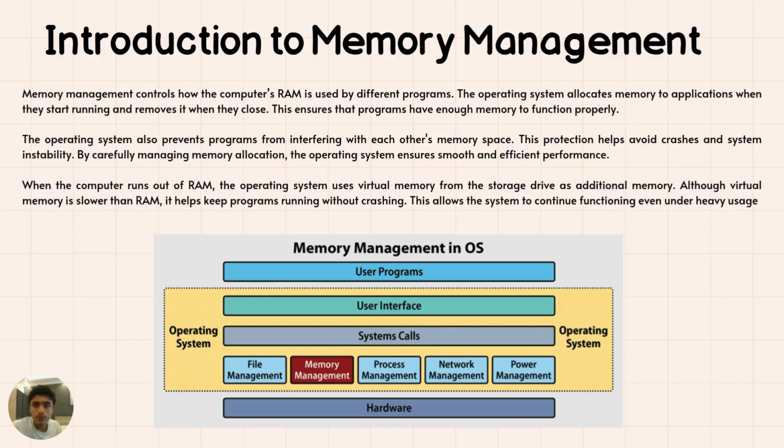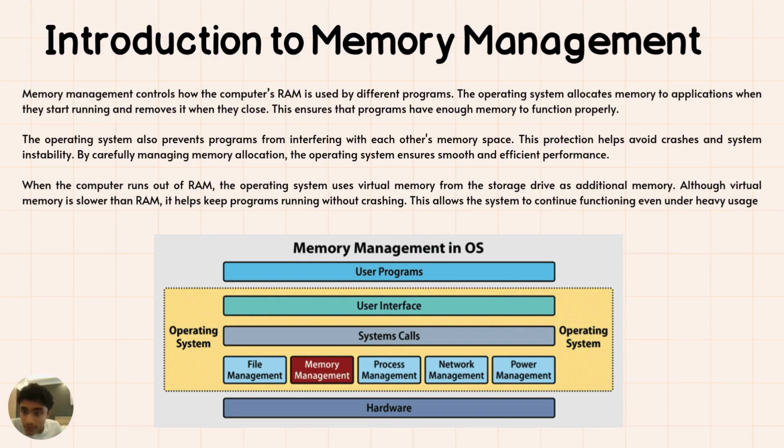Let's now move on to memory management. Memory management is a fundamental function of an operating system that controls how a computer's memory is used. It is responsible for allocating and managing RAM. So, what is the full form of RAM? It is random access memory, so that different programs can run simultaneously, and not just simultaneously, it can also run